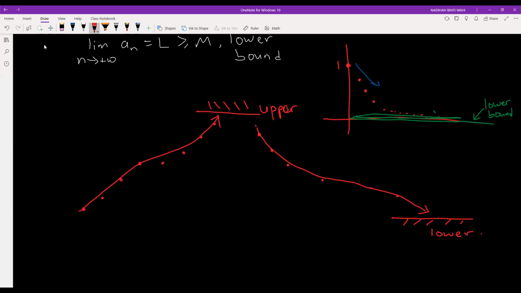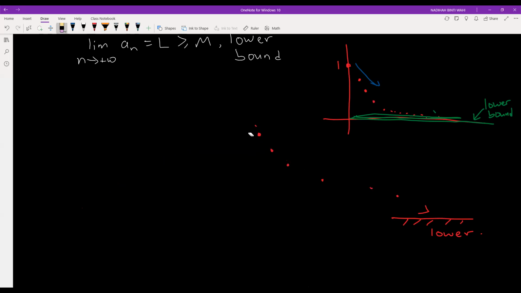Okay. This is just like an explanation, because students, sometimes you are not sure: is it going to be a lower bound or is it going to go to an upper bound? If it's increasing, it should be an upper bound because you go up. If it's decreasing, it should be a lower bound because you are going to a low value. Okay. Any questions so far? No questions. Alright. So if there are none, let's look at